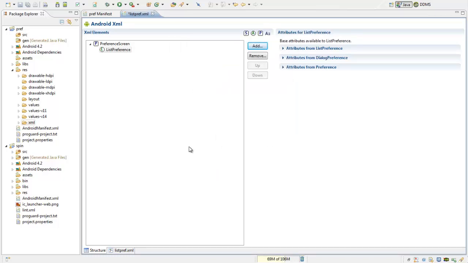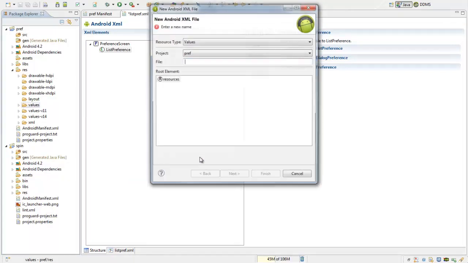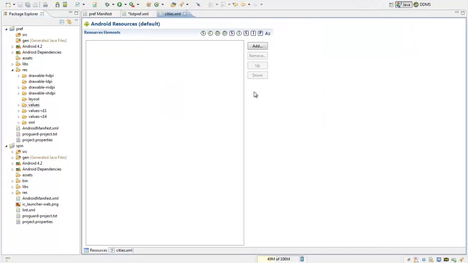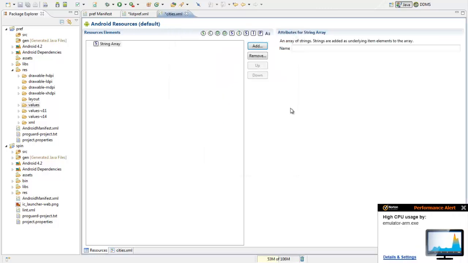Suppose what we are trying to get from the user is the city which he chooses for any search operation, so that whatever results are returned, they are returned relative to the chosen city. So I'll create some values. I'll create a new array called cities, and I'll add a string array called city names,